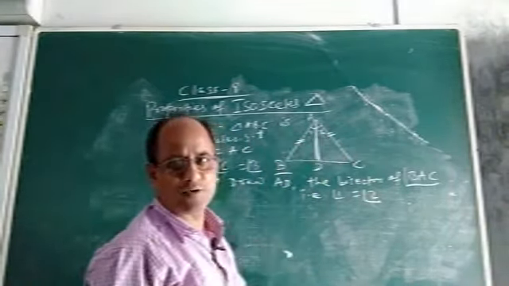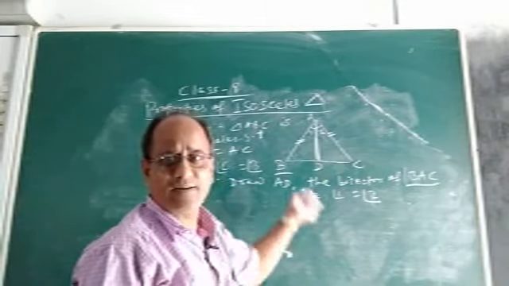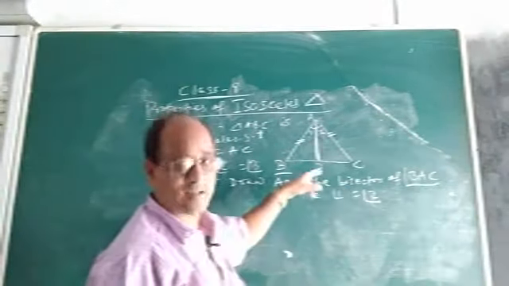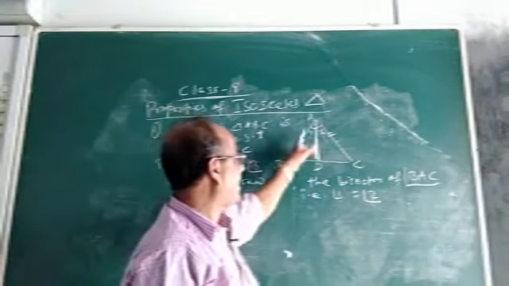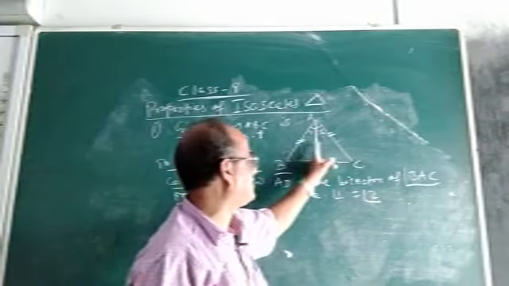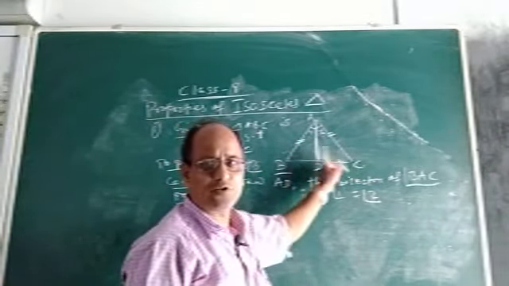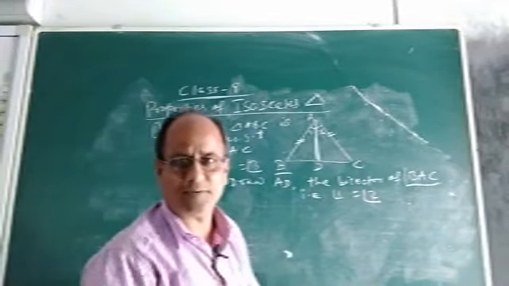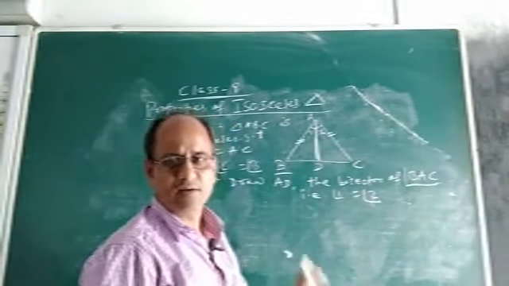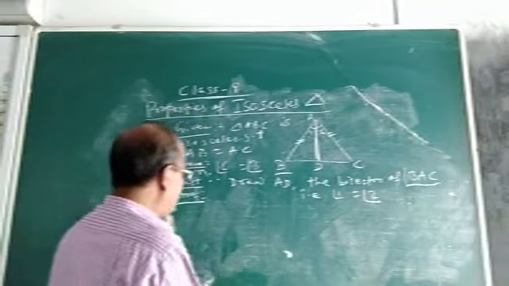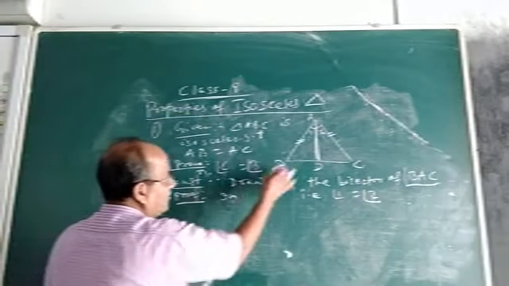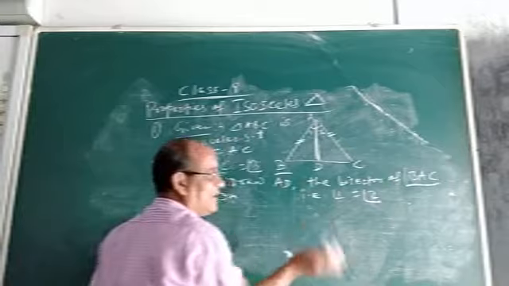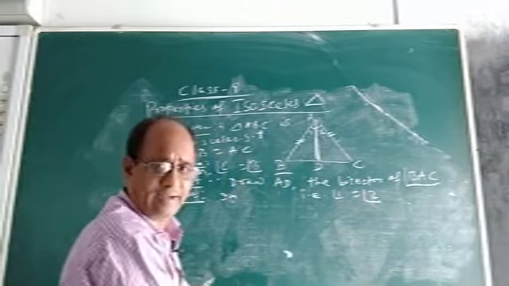So which condition or which criteria does it satisfy? It satisfies the SAS condition. SAS, side angle side. So by side angle side, these two triangles are congruent. And if these two are congruent by side angle side, then angle C will be equal to angle B by CPCT. So simple. Okay. This thing we have done in class 7. So write the proof. Now first you compare these two triangles and you prove that they are congruent.